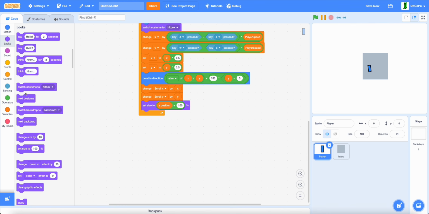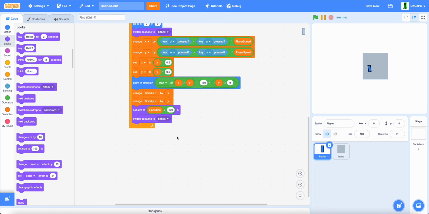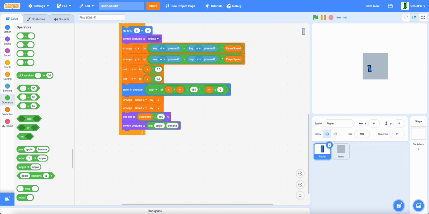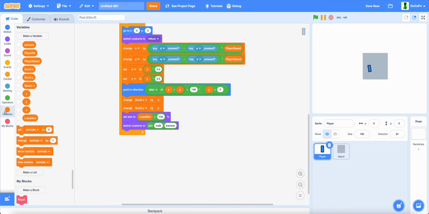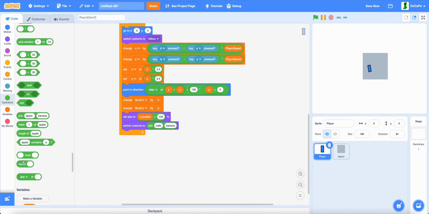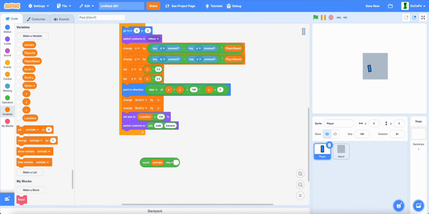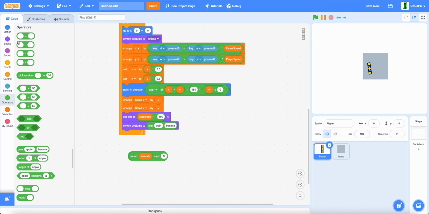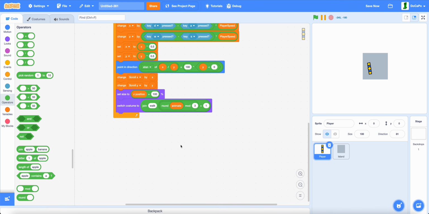And then for the walking, switch costume to, and then join walk, and then the round animate, and then mod 3, because there's 4 frames, and then we plus 1. Now, place it in here,